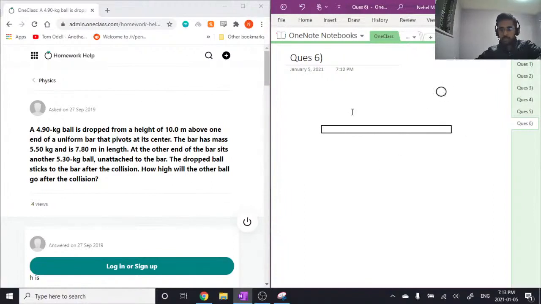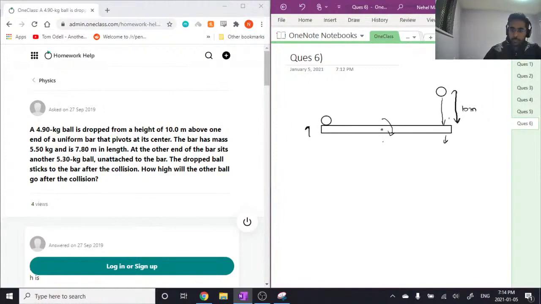Okay, so we have another ball here which is unattached but sits on the bar, and the first ball is dropped. So this height is given to be 10 meters, and this thing is pivoted about the center. When this ball gets dropped and it sticks, the bar rotates and moves downwards, and this end would move up, and this would launch the ball upwards in air. And the overall length is 7.8 meters. So firstly,